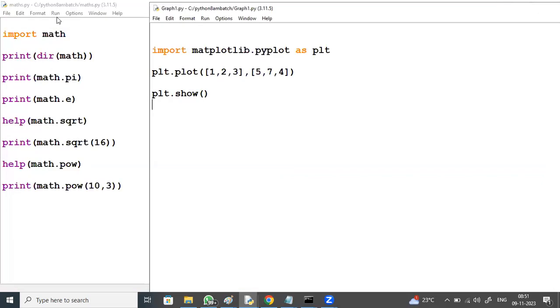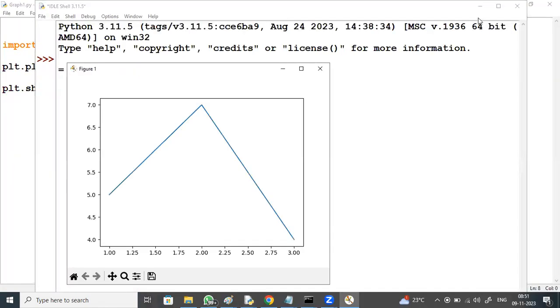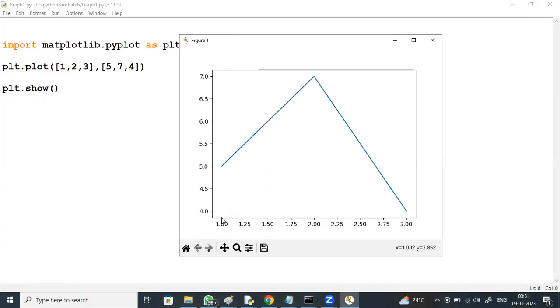Yes, execute it. Run module. A graph will be generated for this. Can you see this graph? For x coordinate 1, what is the y value? 5. For 2, what is the y value? 7. For 3, what is the y value? 4.